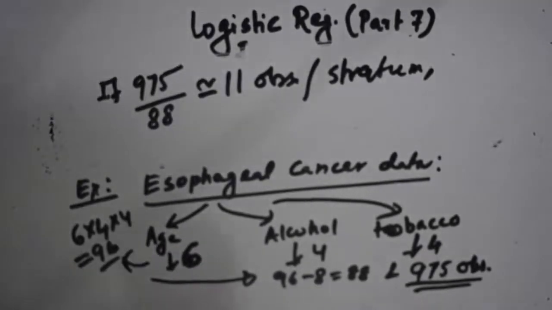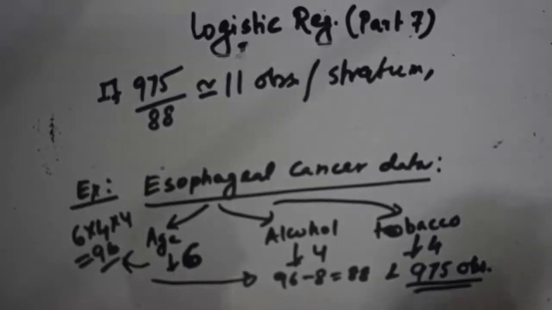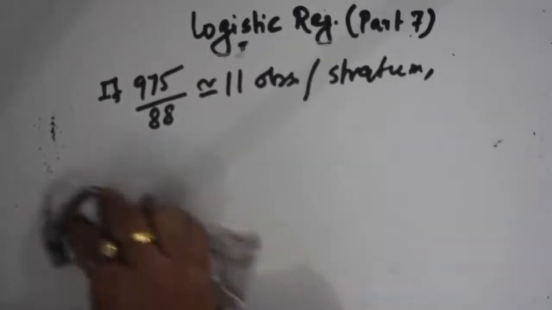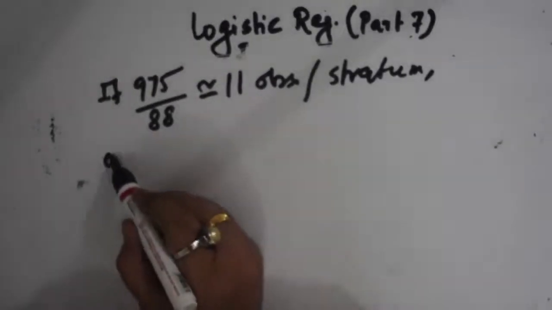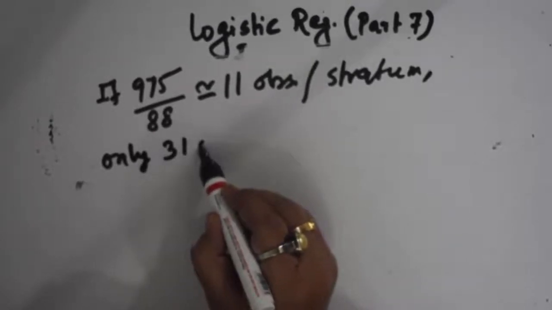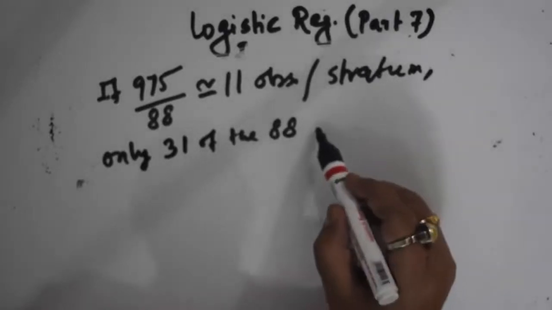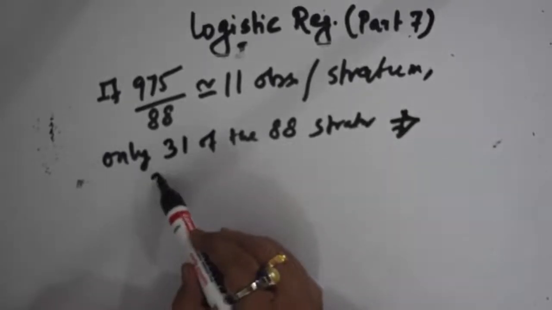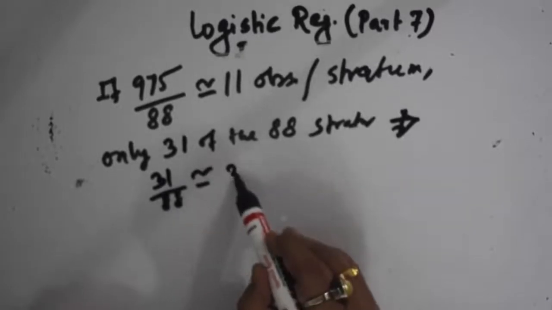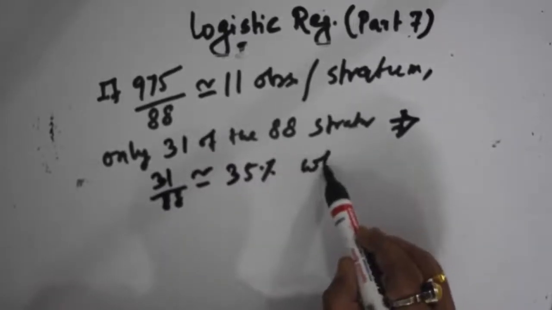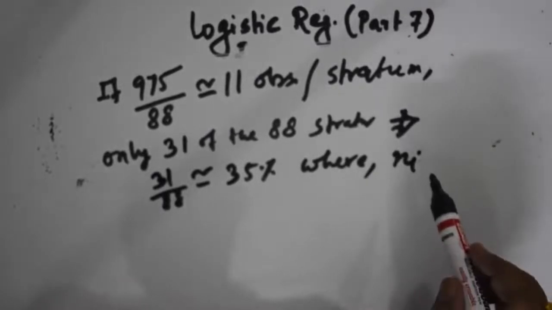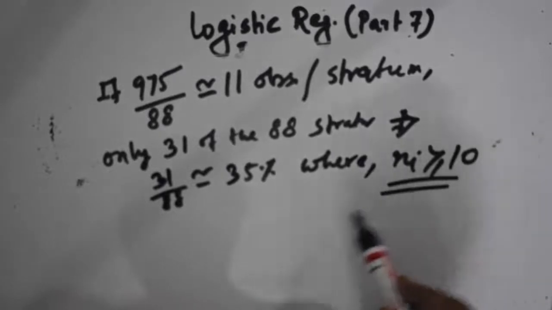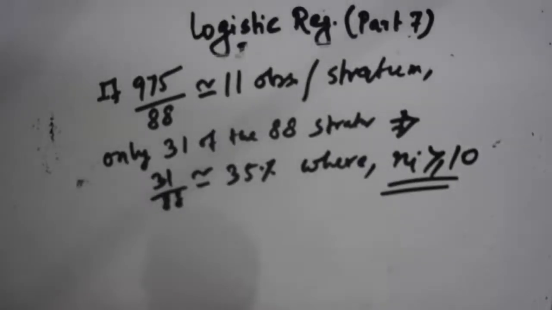However, when looking more closely at the data, we see that only 31 of the 88 strata, which is approximately 35%, have n_i greater than or equal to 10. So we may want to be a little careful